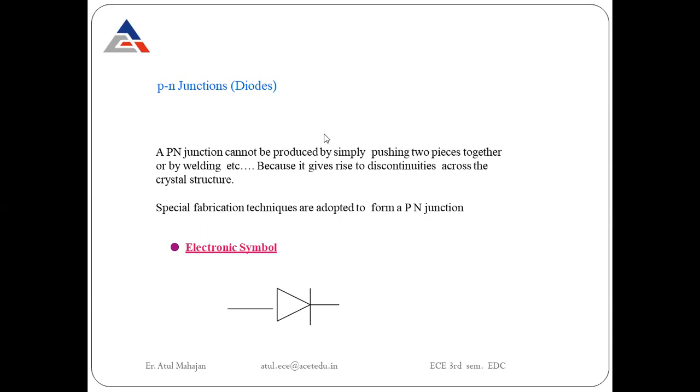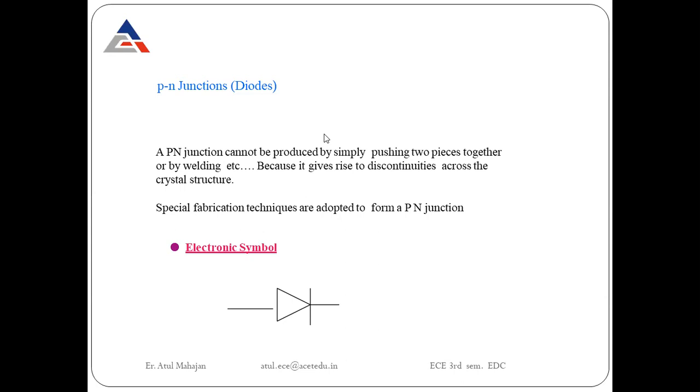Welding is another option, but we don't prefer it, because methods like welding can create discontinuities in the crystal structure of the PN junction diode, which is not at all acceptable. So it is always desirable